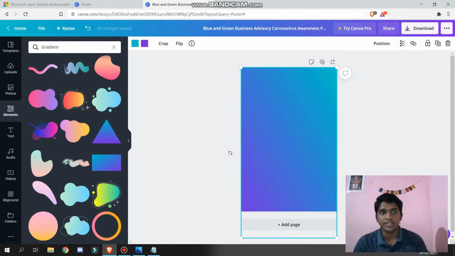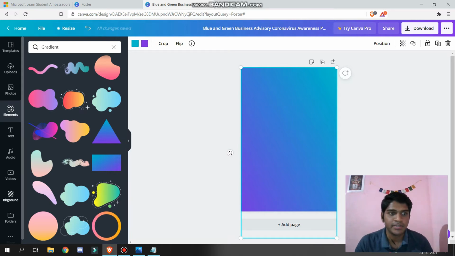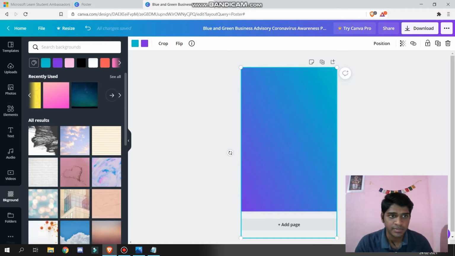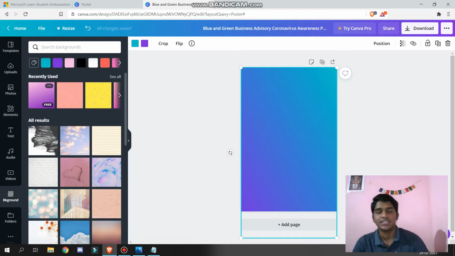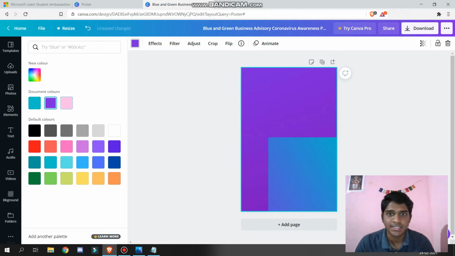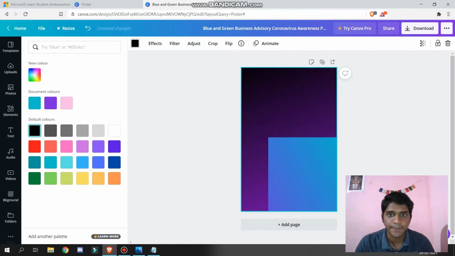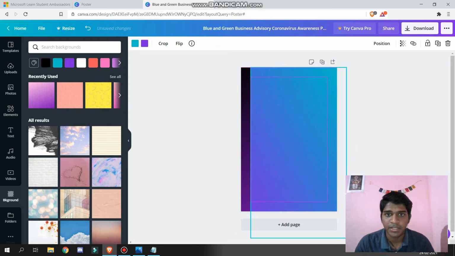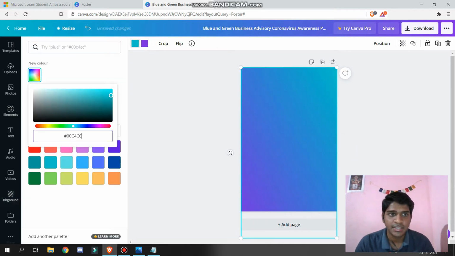What's different between the element you get as a background and the design you like: this is also a purple gradient, but here you cannot change the color. You can just change it to pink or something like that.